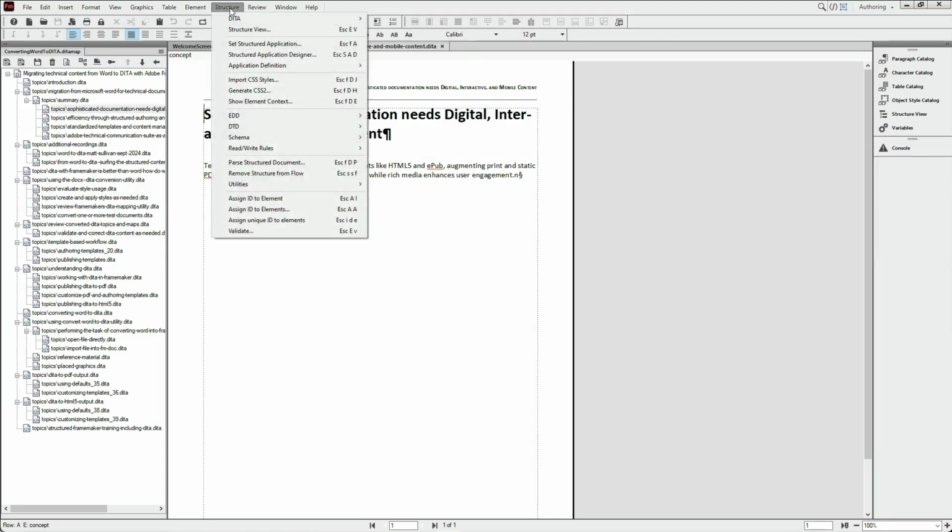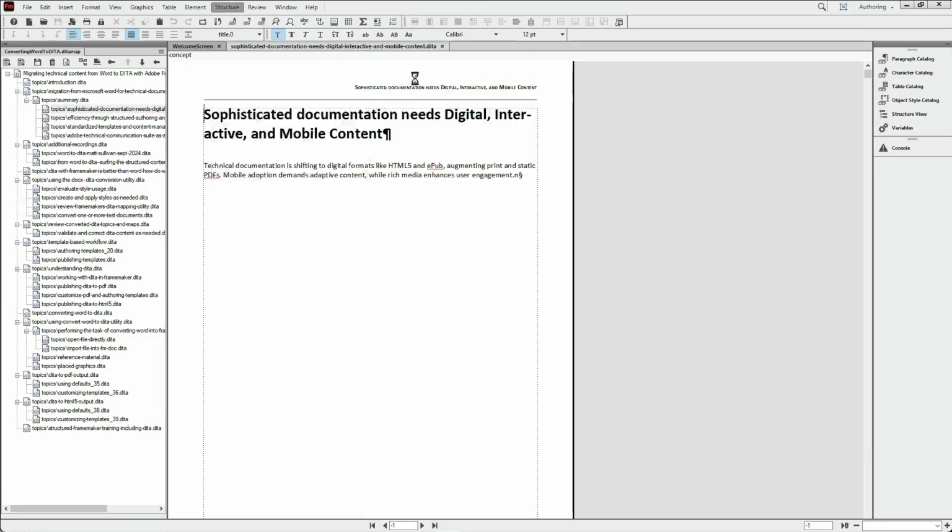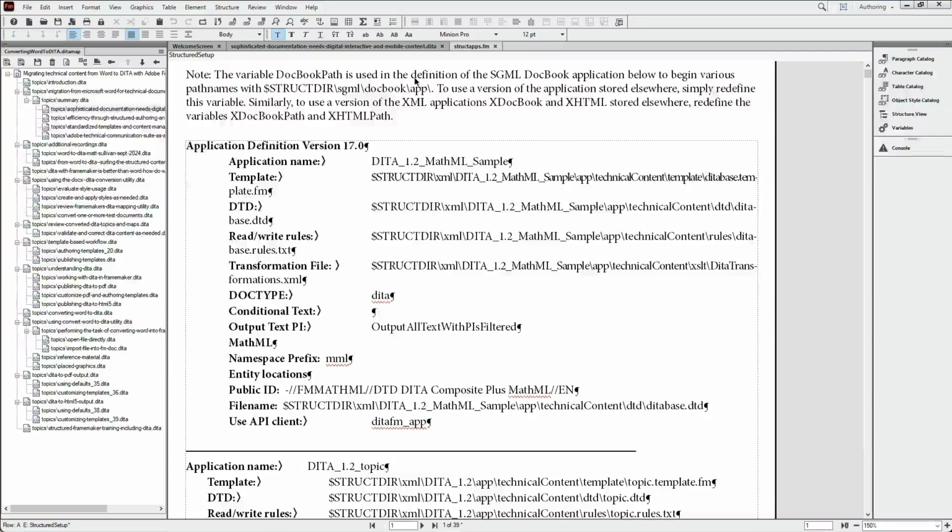In the Structure menu, so again, you need to be in Structured FrameMaker. If I look at my application definition item and edit my global application definitions, this brings up a document that has lots of definitions for things that I might be able to edit right now inside of FrameMaker. These are different content models, basically. If I look at this structure view item,